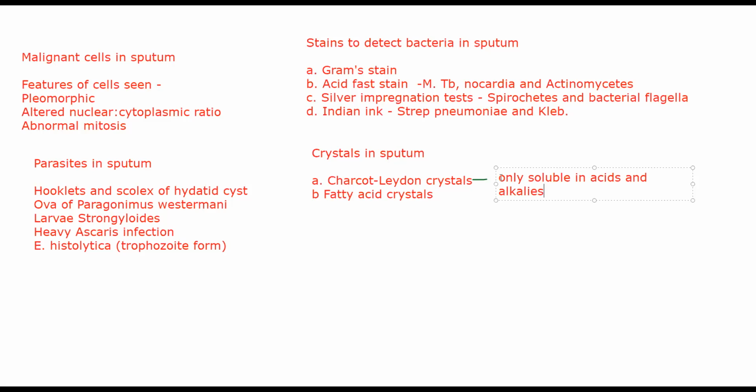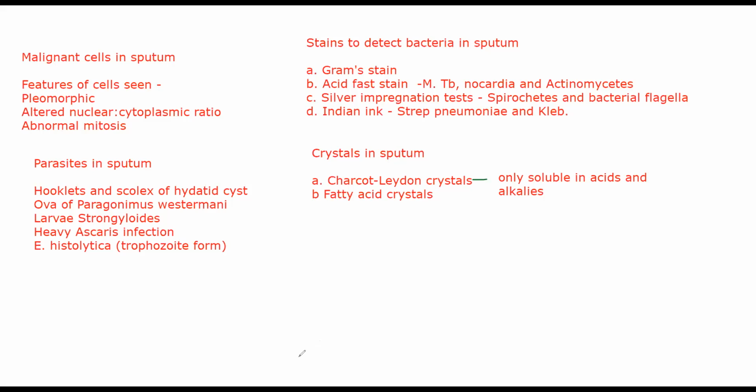Now, coming to fatty acid crystals, these will be diamond shaped, okay, and they will glisten. They will be shiny crystals, right? You can see some other forms as well, other than diamond, because their shape can be variable. But generally, you will see them in diamond shape. You can solubilize them in alcohol, or you can solubilize them in acetone, ठीक है, या xylene. फिनॉल का एक टाइप रहता है xylene, ठीक है. Any one of those will be able to solubilize fatty acid crystals, and you can make sure that it is fatty acid.